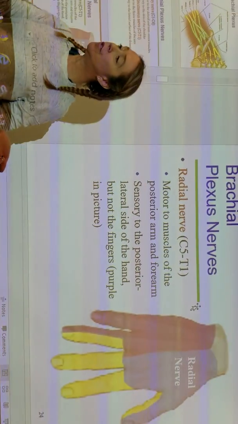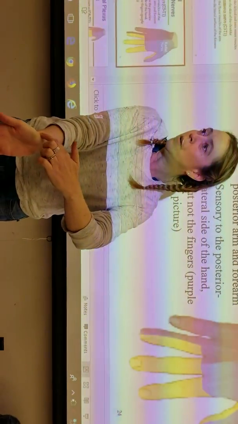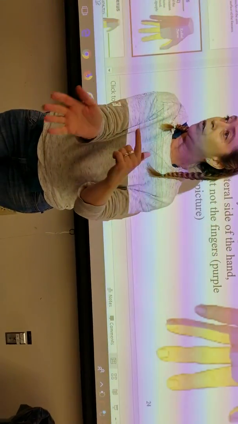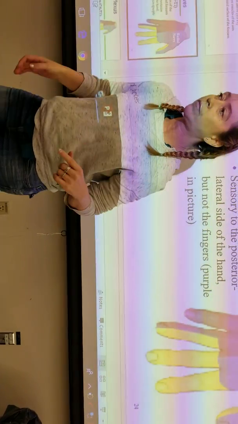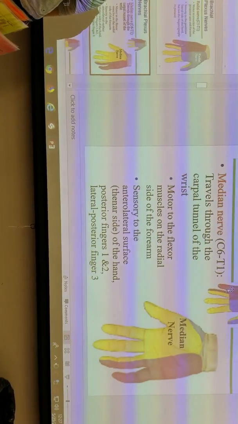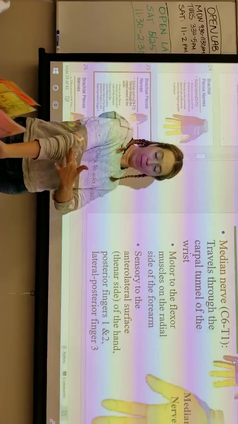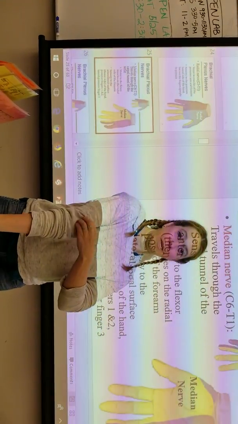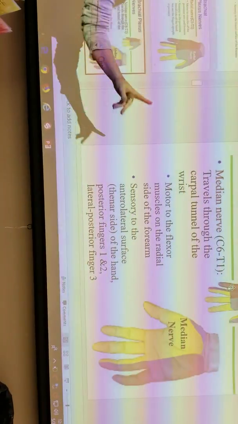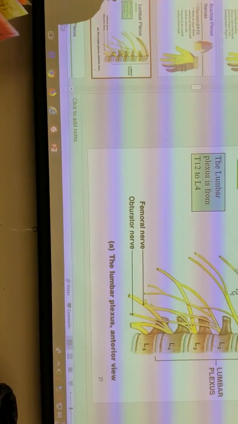You've got a couple nerves from the brachial plexus. Don't worry about it. You shouldn't spend too much time on these, but there's a radial nerve. There's the ulnar nerve. So if it's pinky, ulnar, thumb, radial. You might have the median nerve on there. The median nerve is going to run sort of in the middle, and then it branches off, so it'll be kind of right here. You'll see it. I don't know if we have that one, but you won't be asked this way. So I'm kind of skipping through these. Okay, so there's your lumbar plexus,